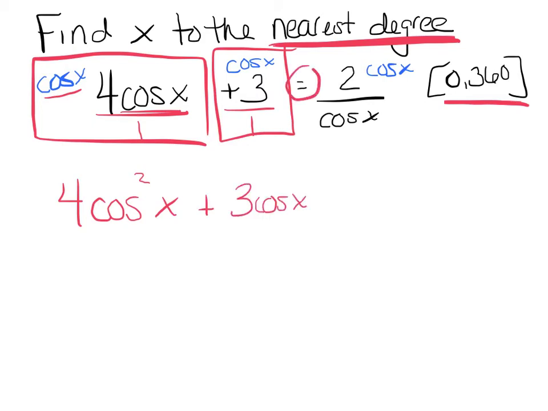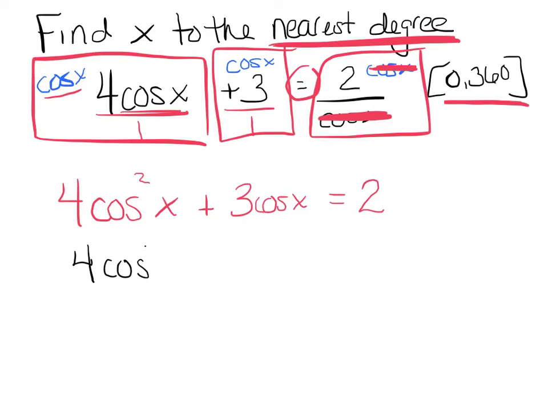Then there's an equal sign. Now in the last term, I have a cosine on top with a cosine on the bottom. Those actually cancel. Equals 2. All right, before I go any further, I have to set my equation equal to 0. And we're off. Now, we're looking for answers to the nearest degree, so we know we're going to have to